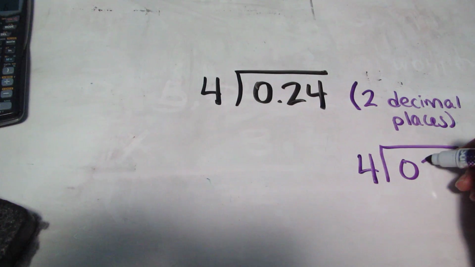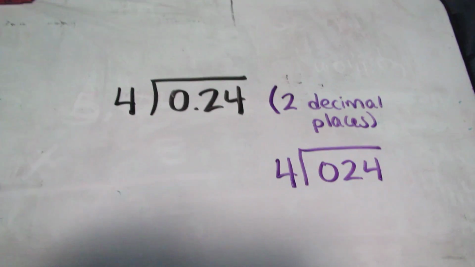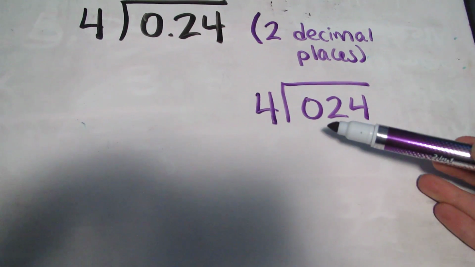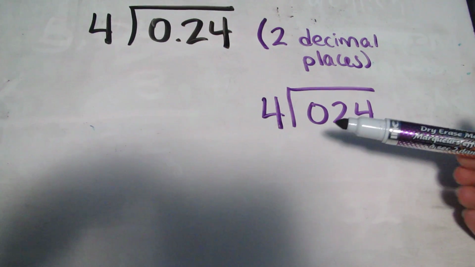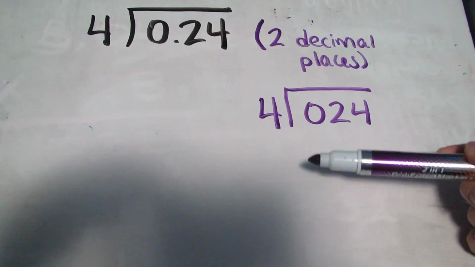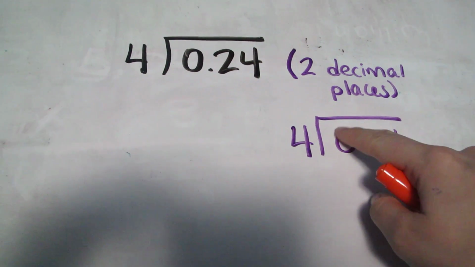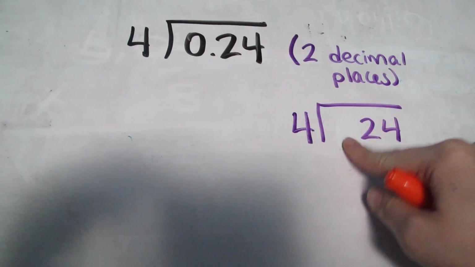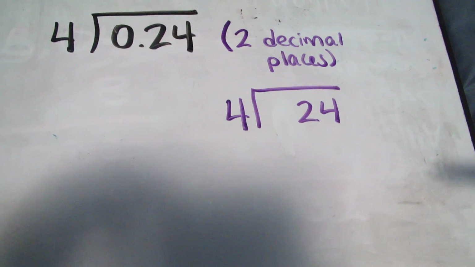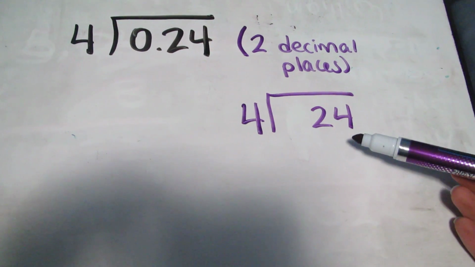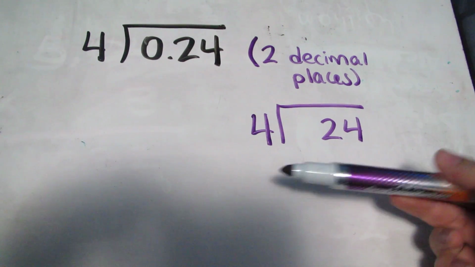So technically it would look like this, right? But last time I checked, we never actually saw numbers that had a 0 in front of it unless a decimal was there. Because it's not there, we're actually going to take off that 0. We don't need it. Now, if you look at this, you're going to have 24 divided by 4 equals,